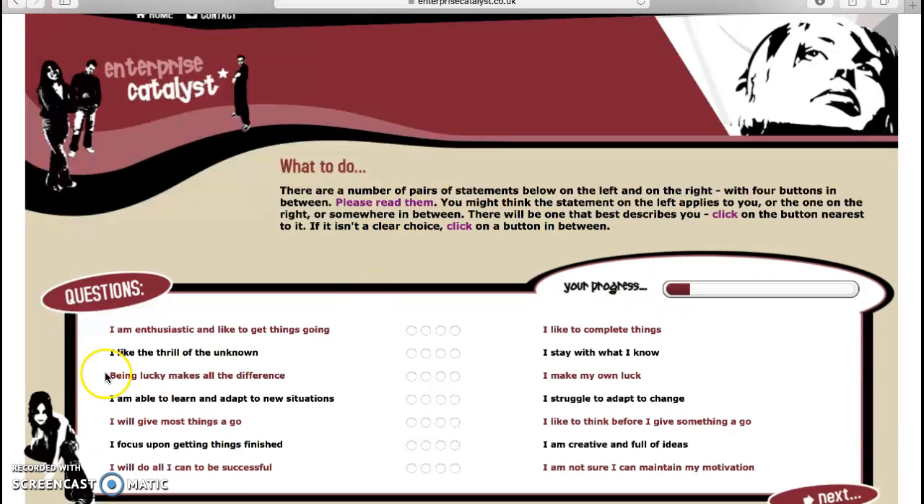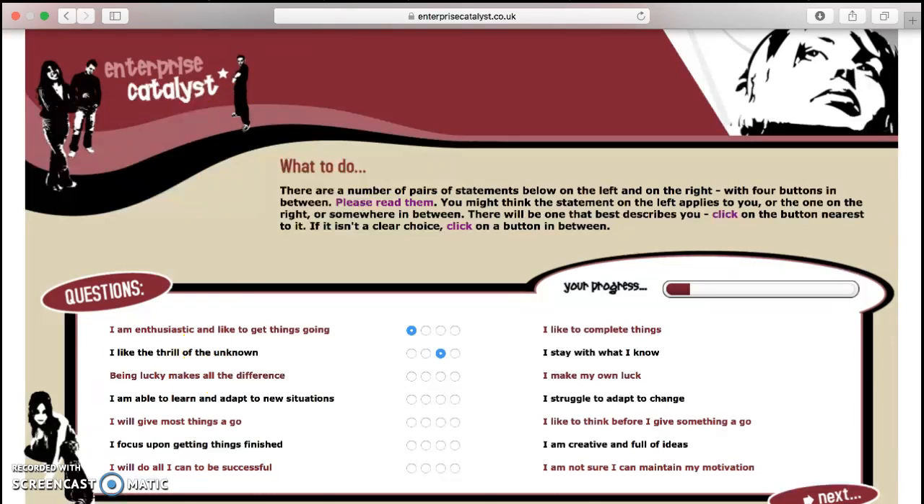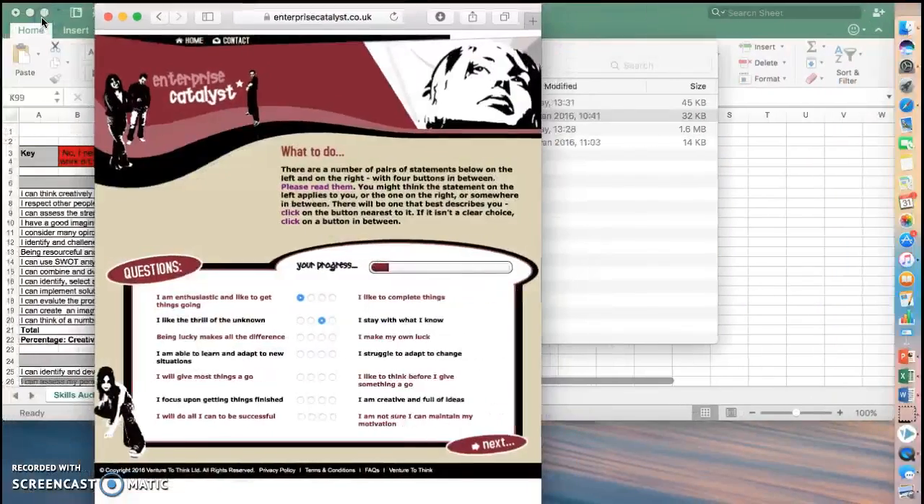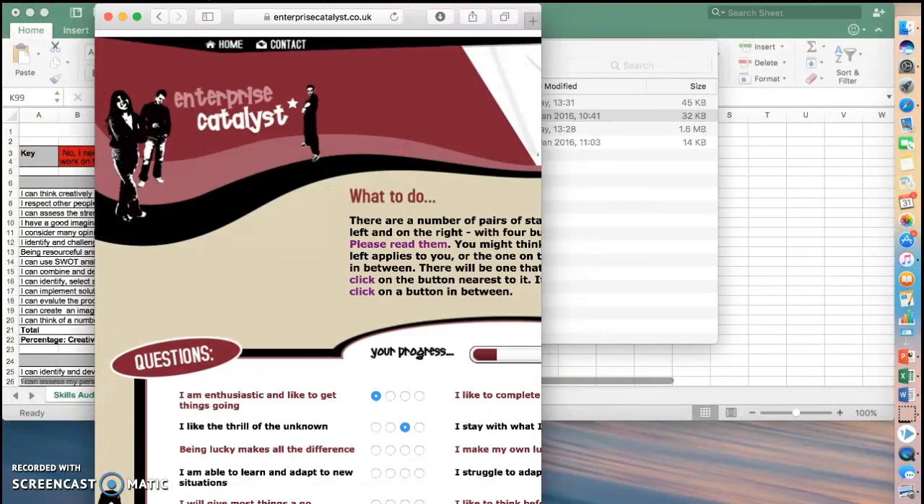If it isn't a clear choice, click on a button in between. So for example, choice number 1 is: I am enthusiastic and like to get things going, versus I like to complete things. Well, that's more me there. I'm not very good at completing things, but I like to get going with things at the start. I like the thrill of the unknown, versus I stay with what I know. I think I'm probably more somewhere in between based on there. So you'll link your way through this. I'm going to pause the video, and I'll show you